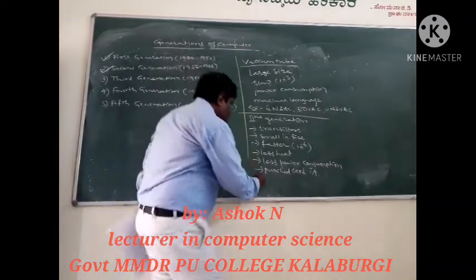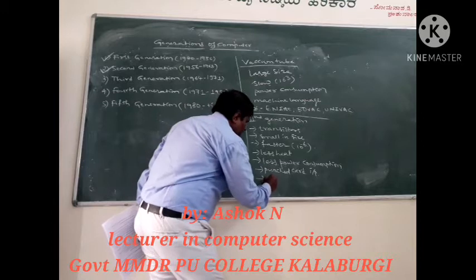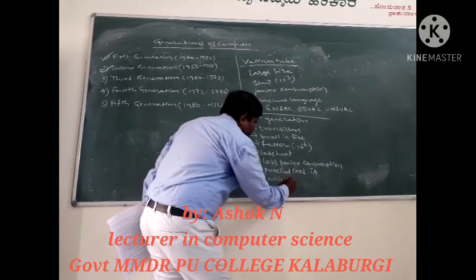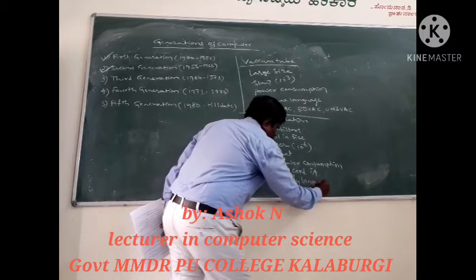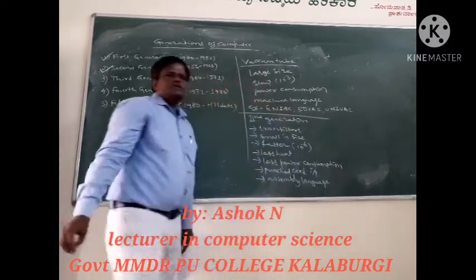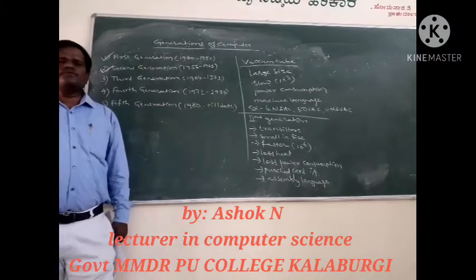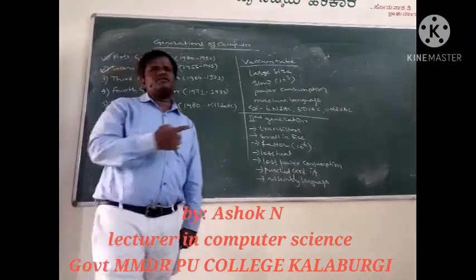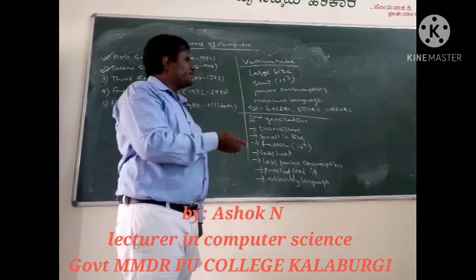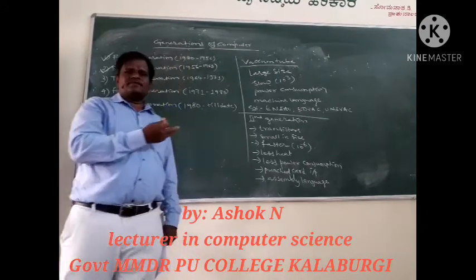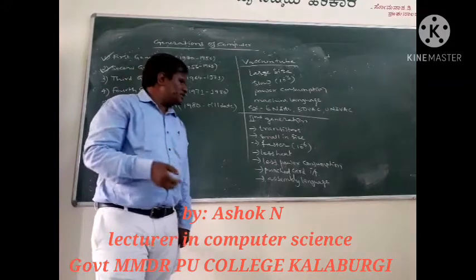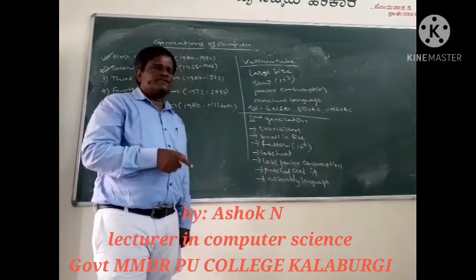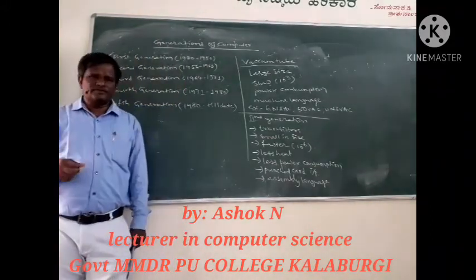And in second generation computer we started using the assembly language. So in first generation computer we were using the machine language which is understood by machines, so there is no need of translators or compilers. So in second generation computer we start using the assembly language. This we also call as a symbolic language.